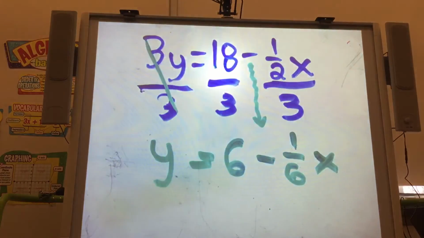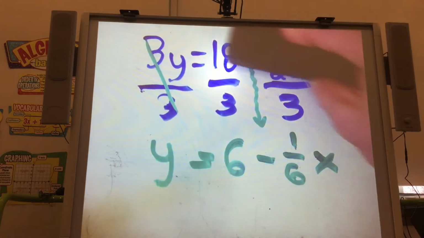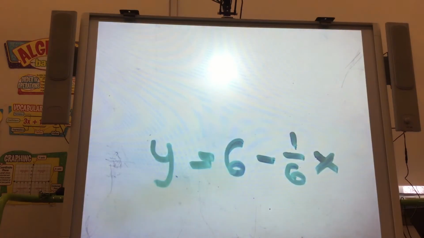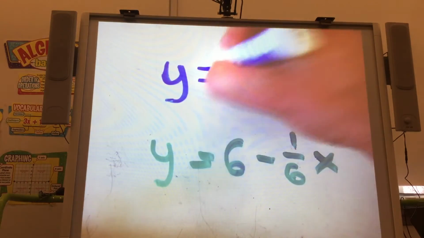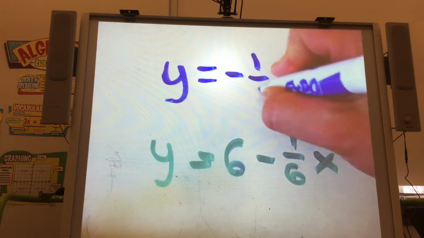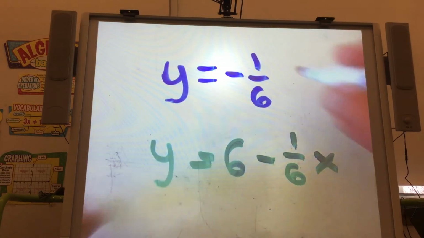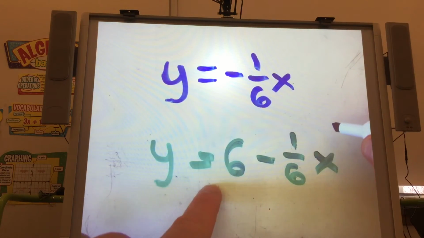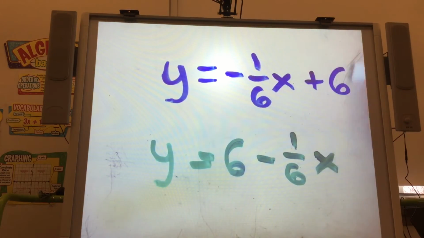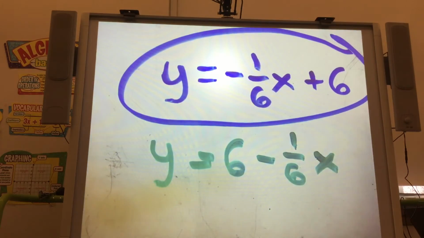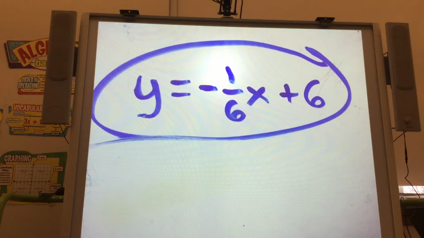You should be thinking, wait, that looks kind of like slope-intercept form. Sure. And if I'd like, I can rearrange it to be an exact replica. Notice I keep the sign where it was. This doesn't have a sign in front of it, which means it's got to be positive, and I have rewritten the equation into slope-intercept form. Okay? Simple,